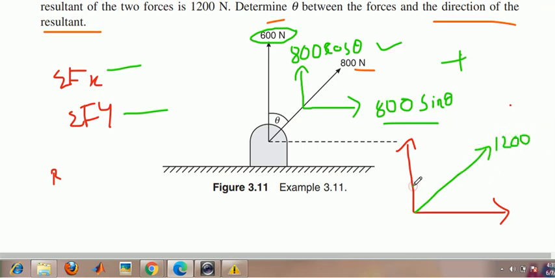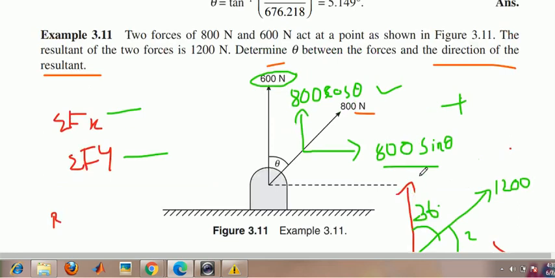If you are writing with respect to the y-axis, then it is 36 point something, whatever value you have obtained. If you are writing with respect to the x-axis, then it is 50 degrees something, whatever you have obtained, and that you have to mention. So this is a somewhat different problem that you may expect in the examination. These are all the problems related to the coplanar concurrent force system, and you have some more problems in your textbook. You just try to solve these, and if you have any doubts you can clarify them.